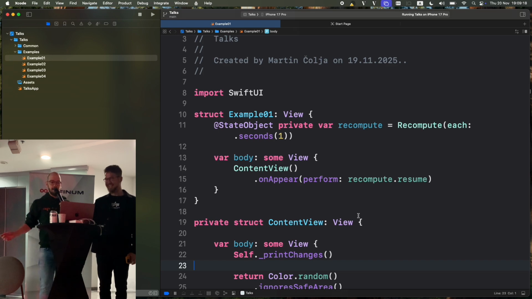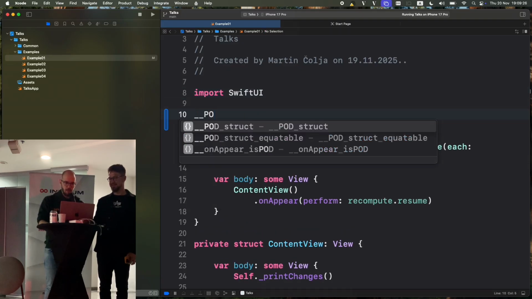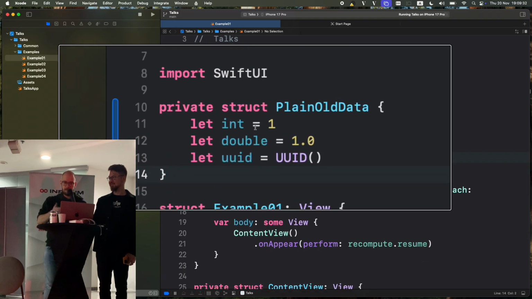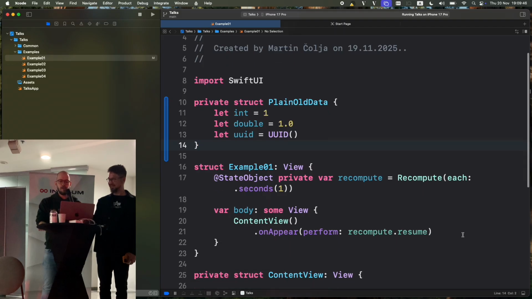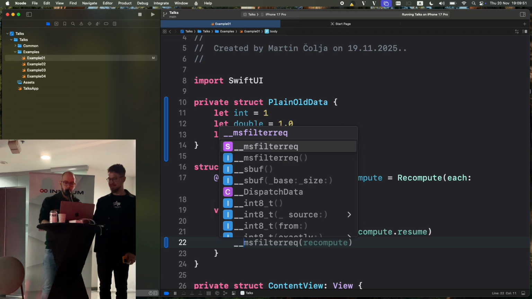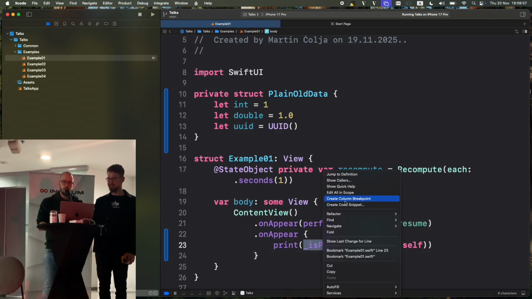So in the beginning, there was data, and it was plain old data. Allow me some snippets. And this is plain old data. What is plain old data? That is the most basic data there is. If we take a look at the definition, which I will show you right now, it is POD, is pod. If you take a look at the definition of is pod,